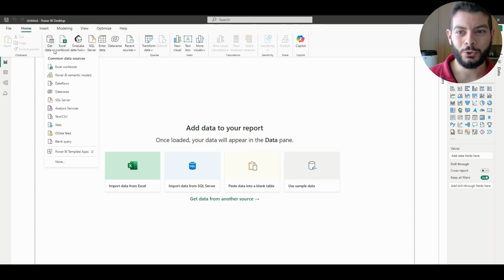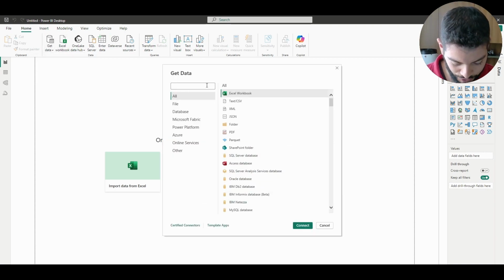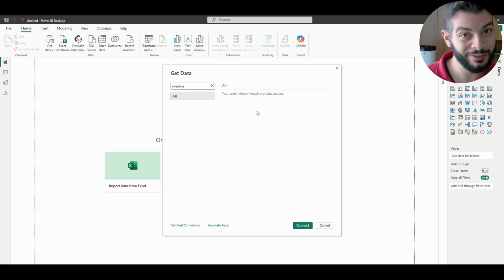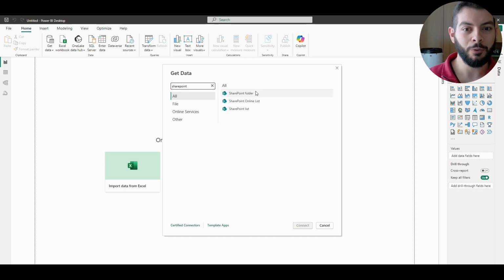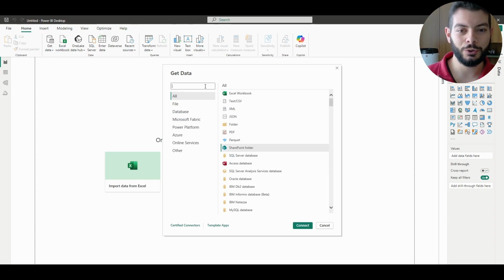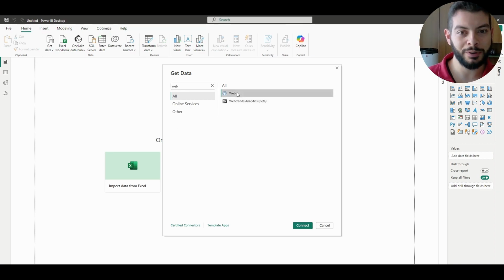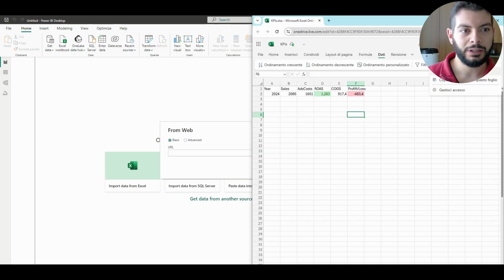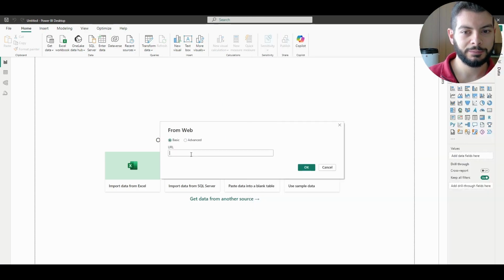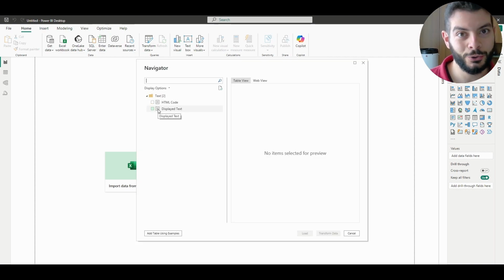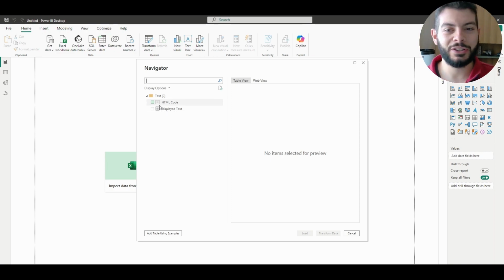So the solution is to go to more. One could search OneDrive. We don't have this option. So we could say, and this applies for the business users, use SharePoint. And we have it, but I can't use it. So one workaround is to use the web. Let's say connect. We get the link, but if we paste it here, say connect, you see that we don't have the actual data. So as I said, it is tricky with the free version based on online Excel because we have to do more.